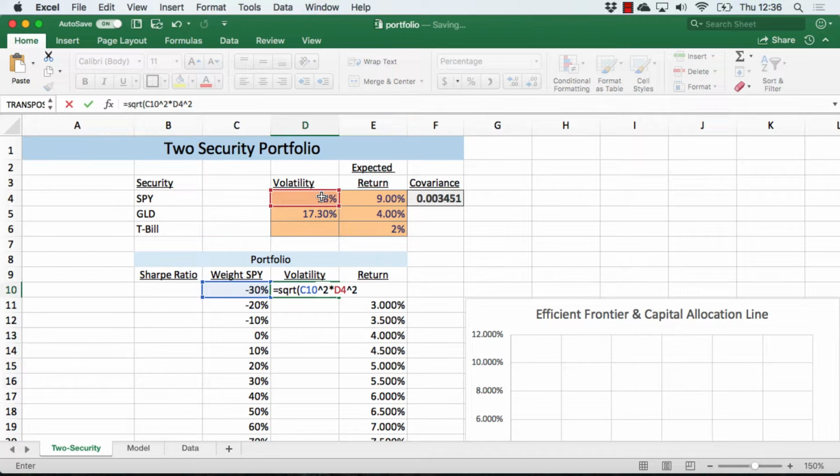And then we're going to add to that 1 minus the weight, squared, times the volatility of gold, in this case, squared. Okay, so this is essentially going to turn out to be the weighted average volatility, but that isn't the whole story